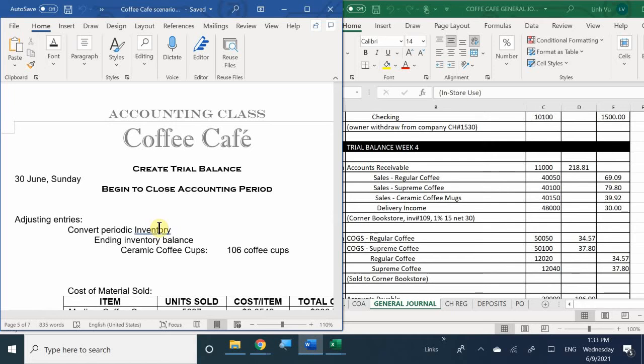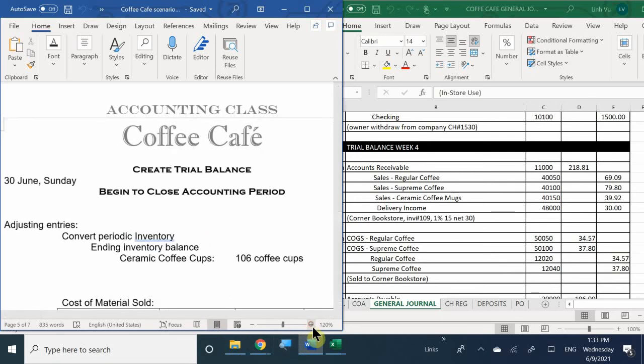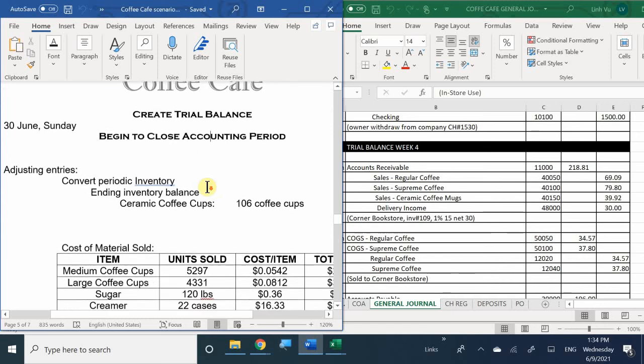So this is where we wrap up the end of the period, and this is where we need to update a few things as well as get our stuff cleared away with our adjustment entry. So things that we need to close out at the end of the given period or things that we need to make adjustments for. In this case, I've already written them all out for you. Okay, so let's go ahead and begin our closing accounting period by completing our very first